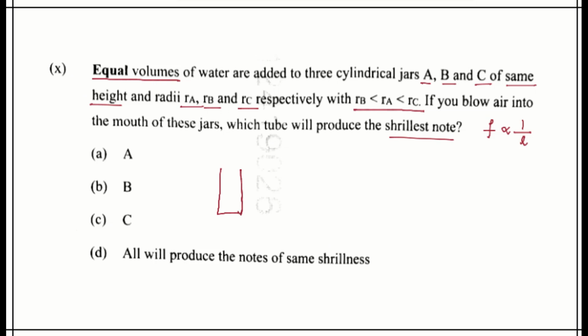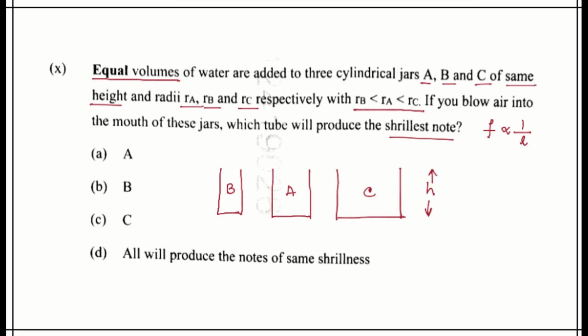One cylinder, another cylinder of a higher radius, and the last one of maximum radius. So in this case, the highest one will be cylinder C, the lowest one will be cylinder B, and the medium one is cylinder A. Now in all the three cases, our height of the cylinder is considered as h,